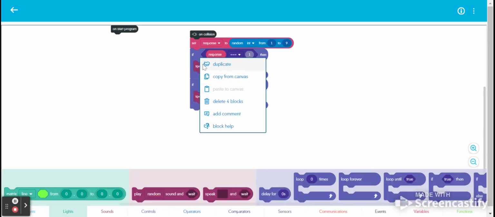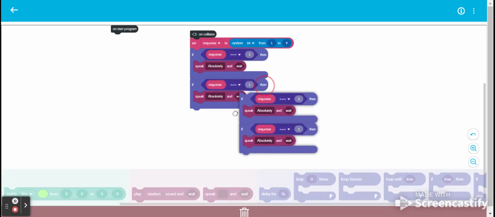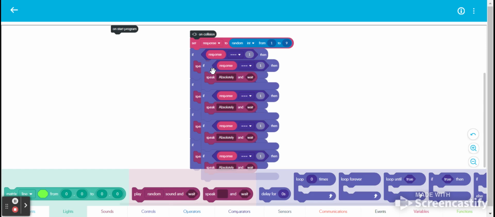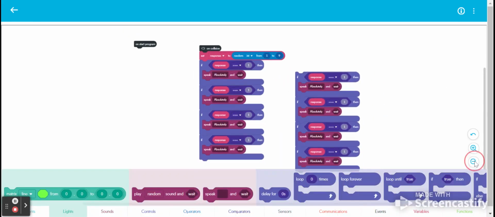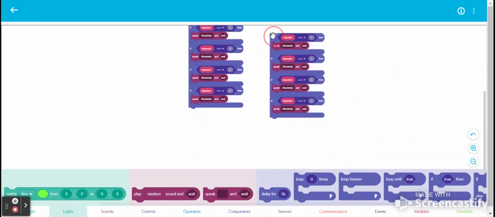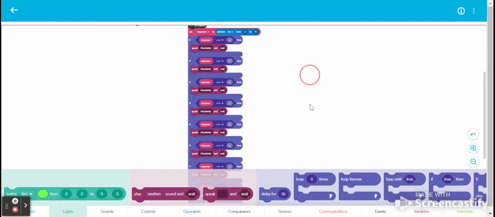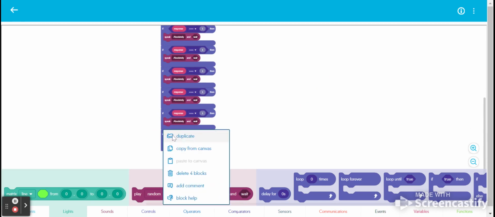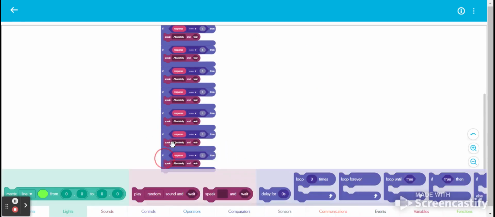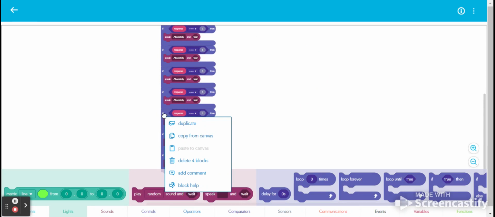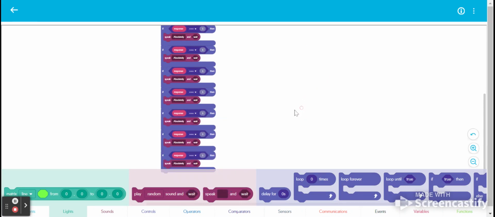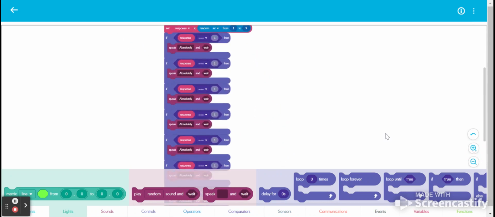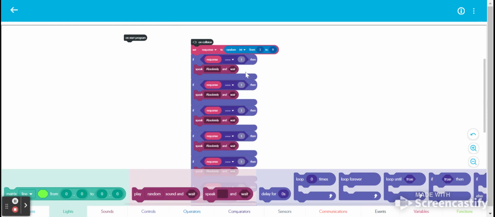So I am going to just make a bunch of duplicates here. 1, 2, 3, 4. So that should be 8 duplicates. So I just need to throw one more in there. All I'm doing is right clicking, or on the Chromebook clicking with 2 fingers, and that duplicate option pops up. Now all you would have to do then is go through and say, okay, if it's